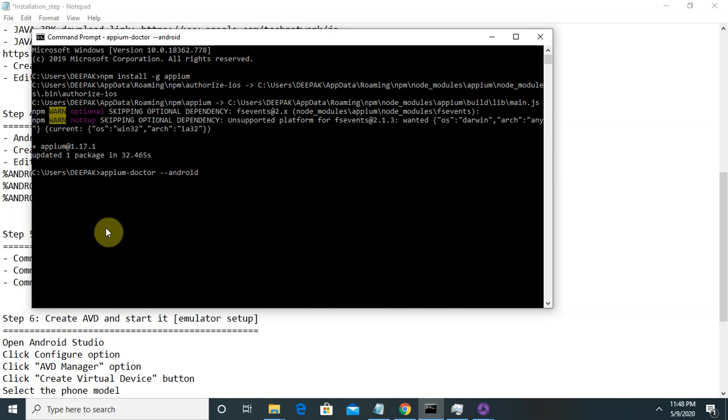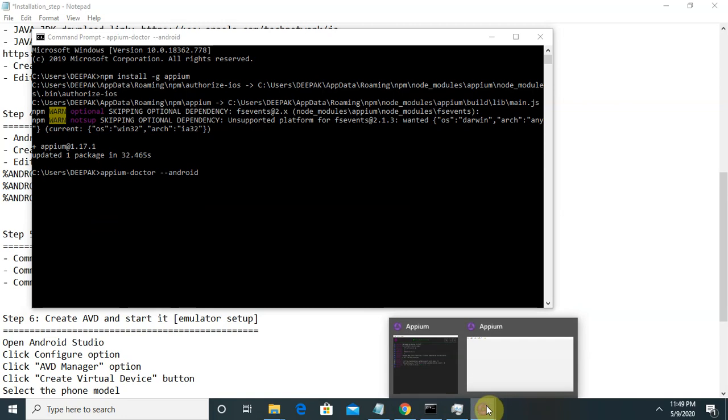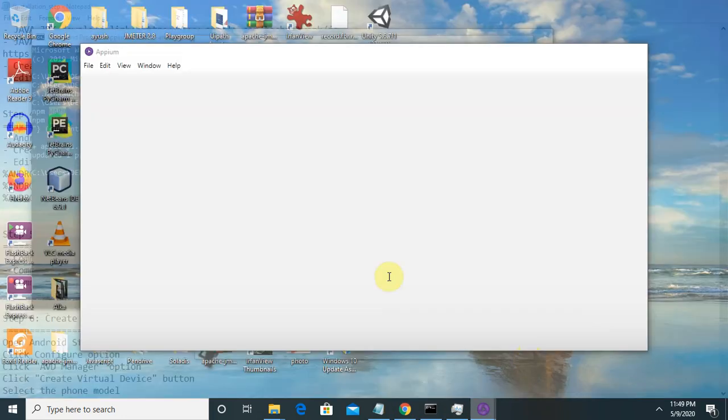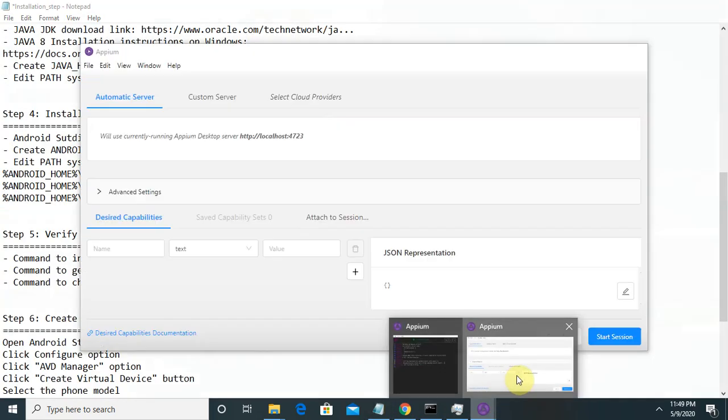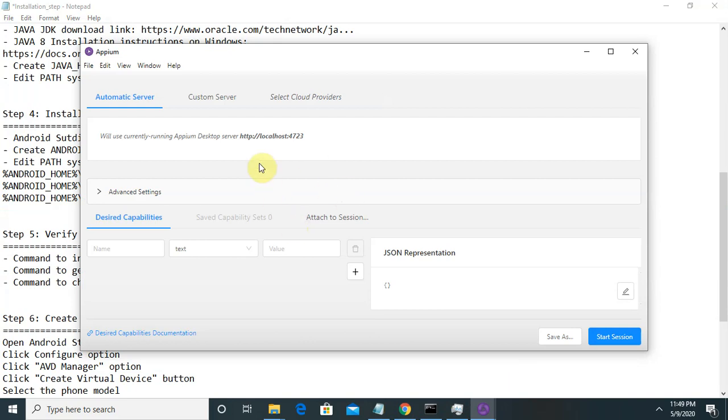Till the time it loads here, we can see the configuration on the Appium server instance. Here you can see HTTP localhost and the port number 4723 is available. If you want to configure your device, it will be available on that link. You can just copy and paste it into your UiPath Studio device configuration page, where your Appium application is running. I am going to configure the name here.